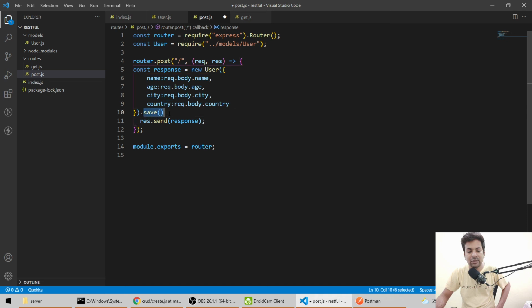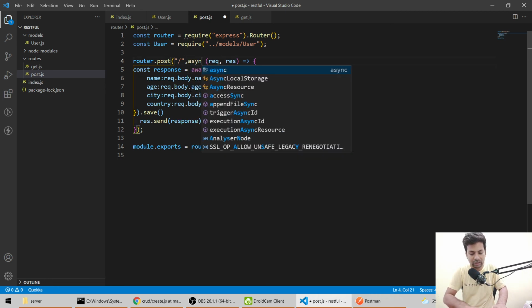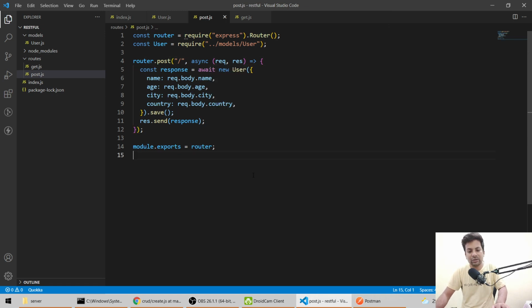Then we'll save it, it will throw a response, and we'll capture the response here and send it back. But we are saving some data, it will take some time, so we'll say await here till the data comes, and we'll make it async, and we save it.